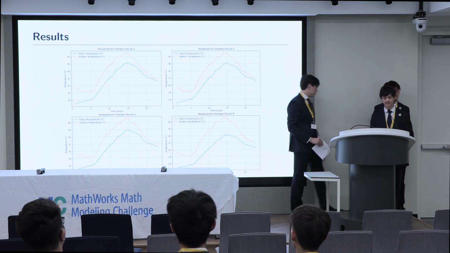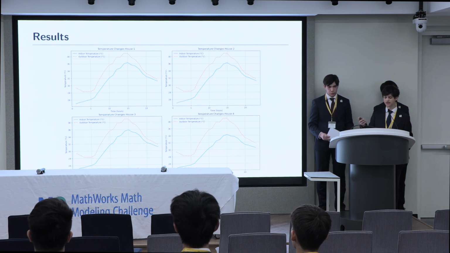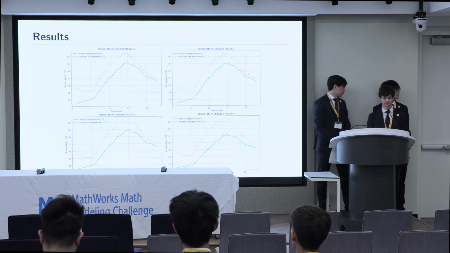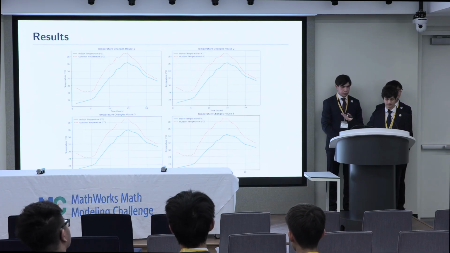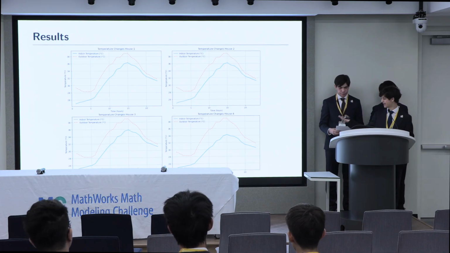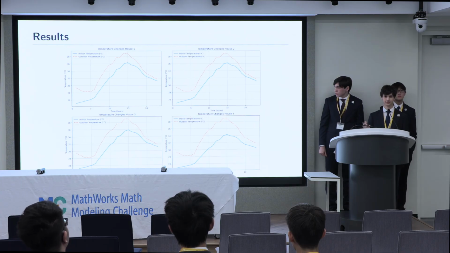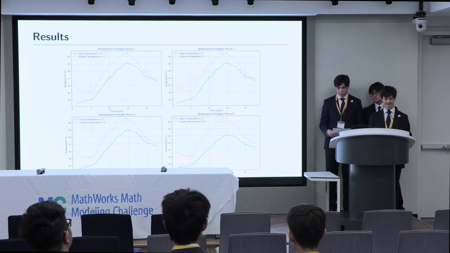Here you can see the computed temperature profiles for each building. Note that we used a standardized height of 5.51 meters. These graphs matched the behavior we expected. The fourth room on the bottom right had the largest volume, and as you can see, it had the slowest heating. We also find that humans have a minor but non-negligible effect.